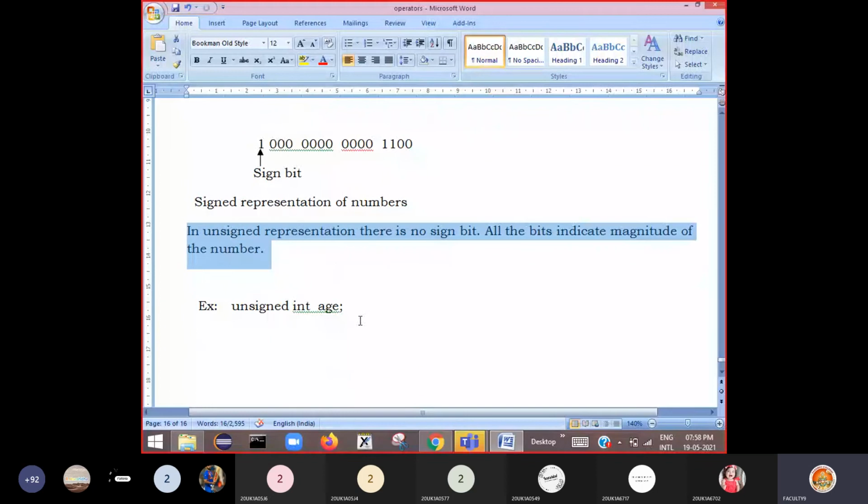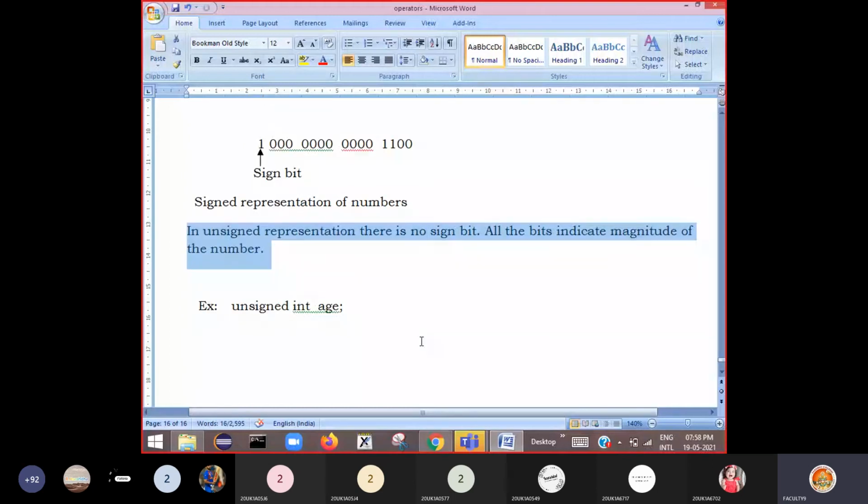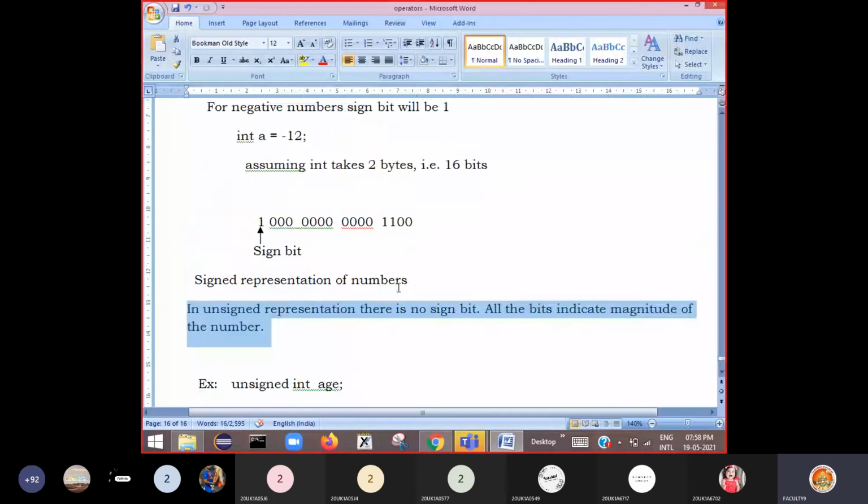That's why I always suggest every batch of students read textbooks. Reading a textbook is a good habit when you are learning a new programming subject. Better you take a standard textbook of that language and read it, so that you will come to know these kinds of internal things about that programming language.